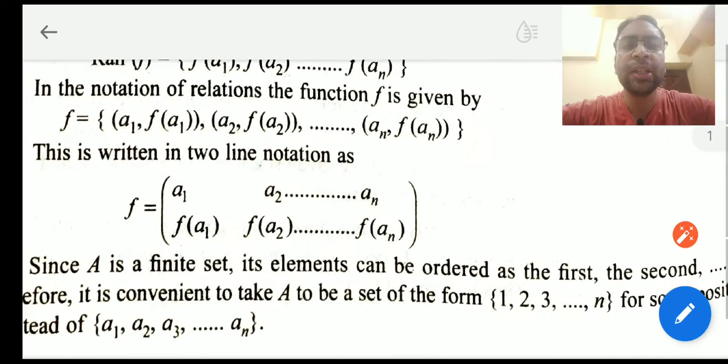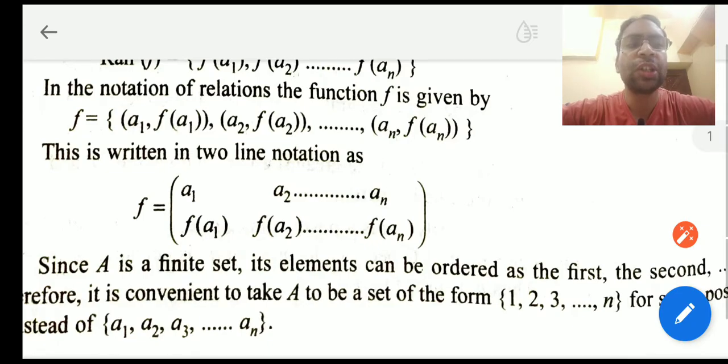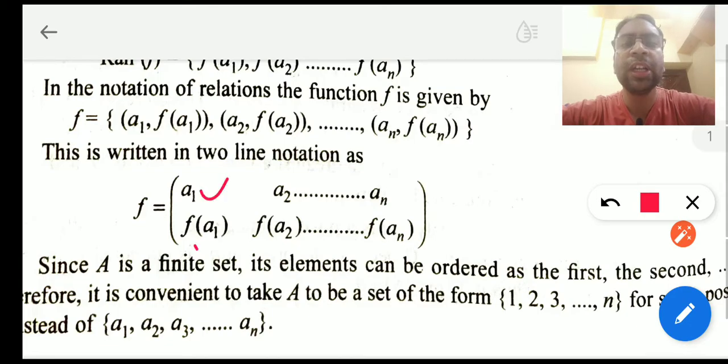So you can see that any function defined by f from A to A, where the element A1 is mapped to A1, so this is the function f mapping A to A1. Now A2 is being mapped to A2 with the help of this function f, and so on. The element An is mapped onto An itself with the mapping f. This mapping has to be 1-1 and onto, that is, a bijection.